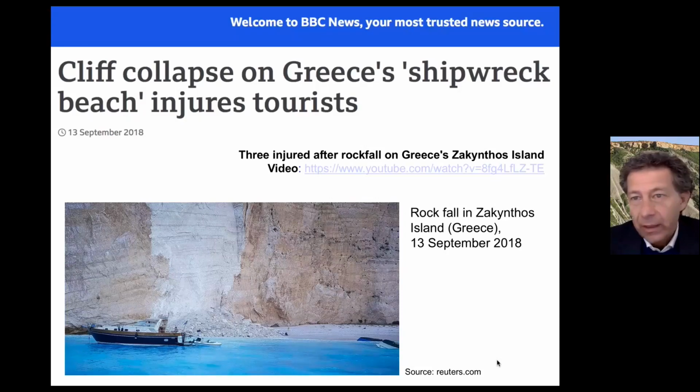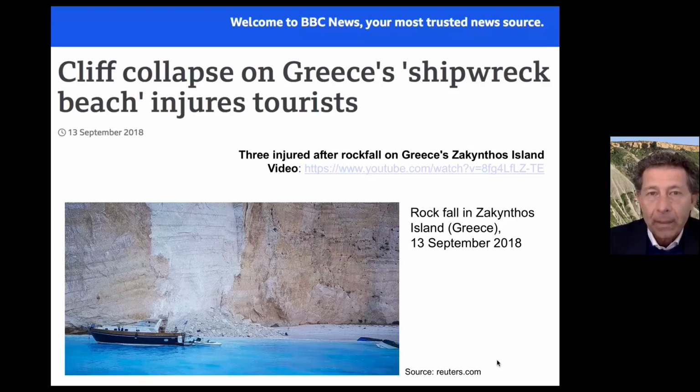I have reported here the link to the video. If you would like to see it, I suggest the vision, because it shows those who are not familiar with coastal cliff instability what this could mean, especially if you have tourists around. And then you will see also that this landslide, this rockfall, caused a little tsunami in